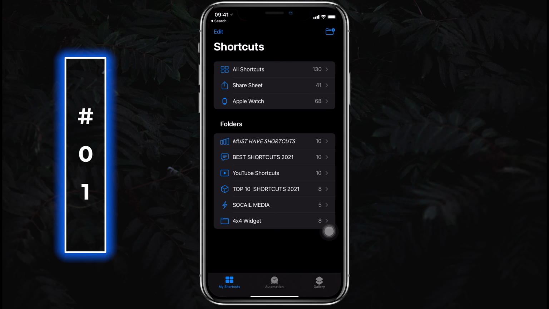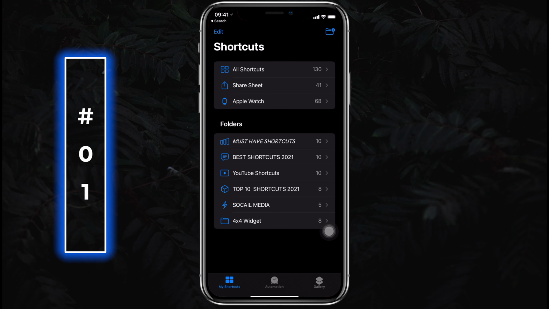I'll tap on one of the links, it will automatically redirect to the Shortcuts app. Scroll down to the very bottom and tap on Add Untrusted Shortcut from here. And there you have it. Now once the shortcut has been added, we can edit the name, icon or color of any given shortcut by tapping on three dots. This is the code work for the shortcut which I'll be talking about at the end of this video. Do not change anything here and tap again on the three dots. Change the name or tap on the icon and change the color and icon from here.